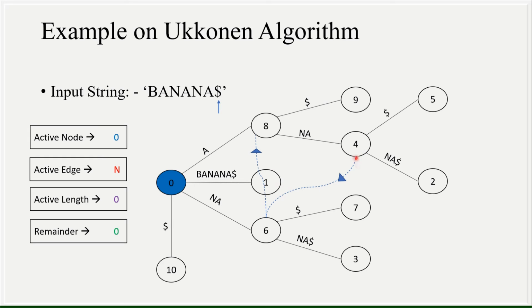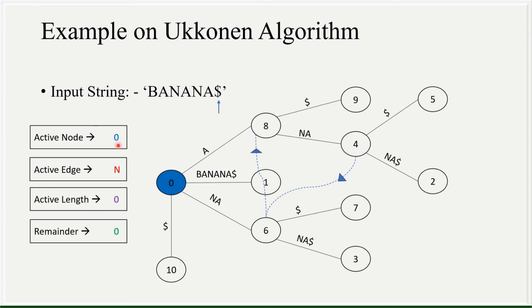And as you can see, this link will come here, and this link will go over here. I'm sorry, I said suffix tree, this is actually the suffix link. So this link will get formed here, and this is similar to this one. So 6 will point towards 8. So basically what it says is that both these suffix links are similar. And of course, the dollar which we have to show will form a small leaf node over here.